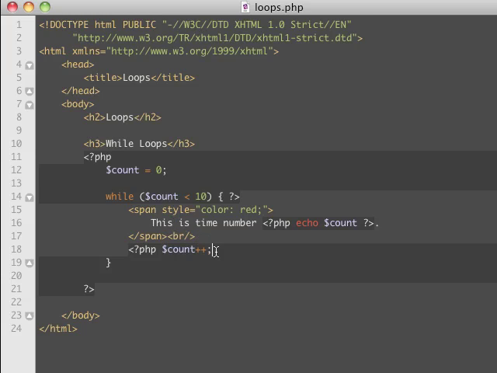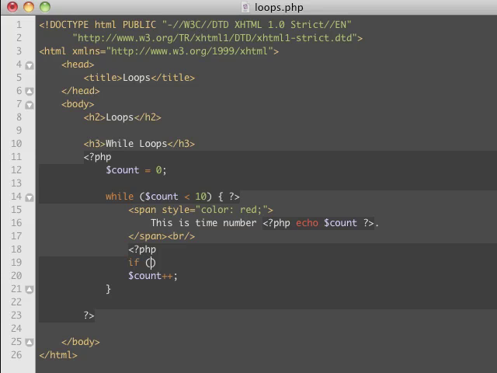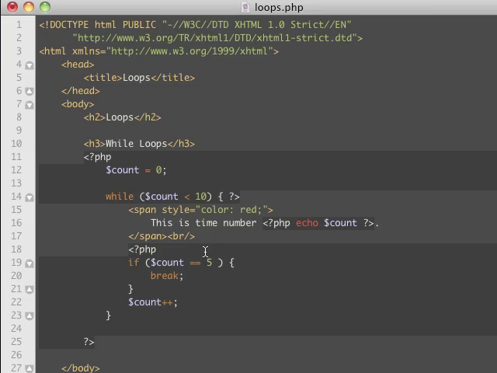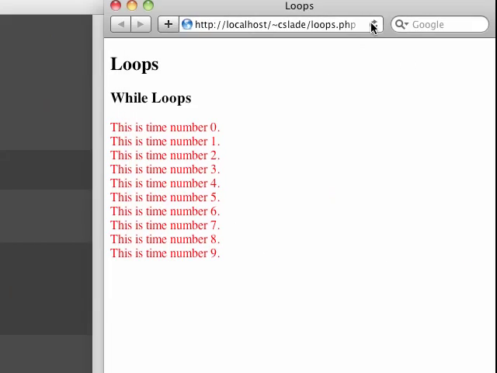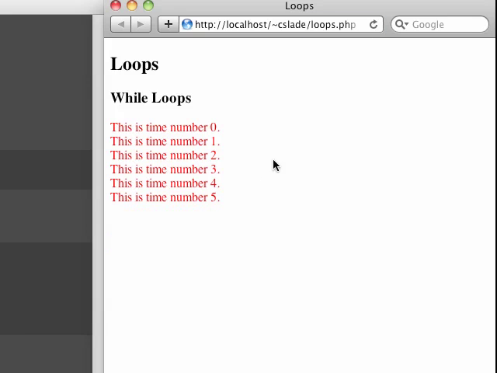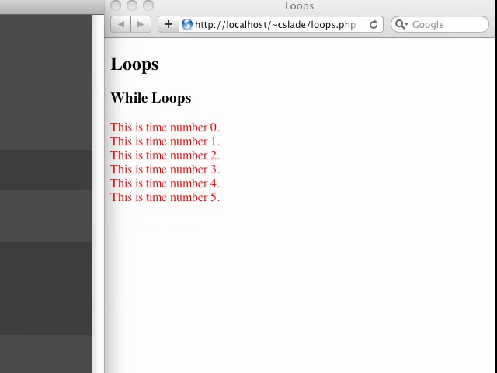Now this time, before we increment this count variable right here, what we can do is put in an if statement: if count is equal to 5, then we'll break out of the statement right here. So we'll refresh this page, and now you notice we printed out "This is the 5th time" right here, and